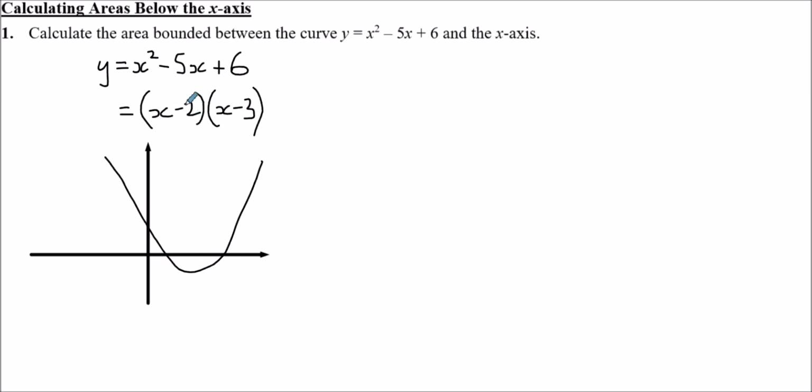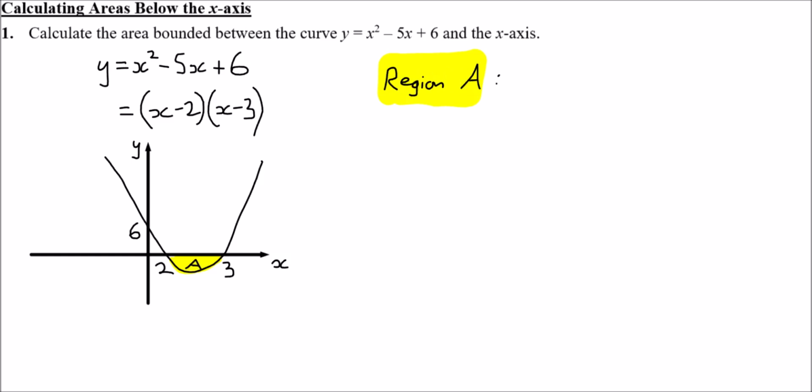Anyway, so this will intercept the x-axis at 2 and 3, and the y-axis intercept would be 6. Not that we need to worry about this. So the area bounded between the curve and the x-axis, we're talking about this region here. So I'm just going to call that region A. So if you consider region A, where region A is what I've called in there, that yellow bit,